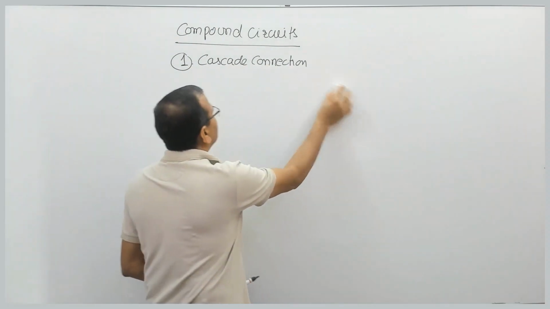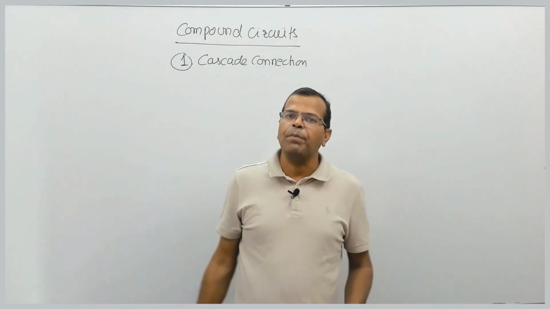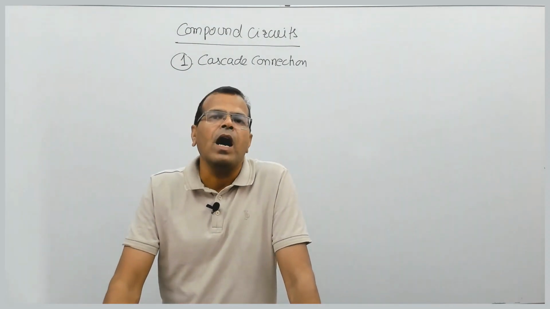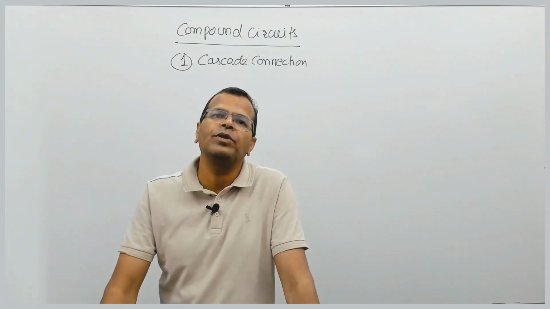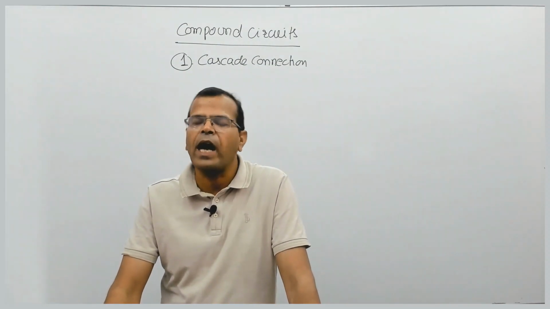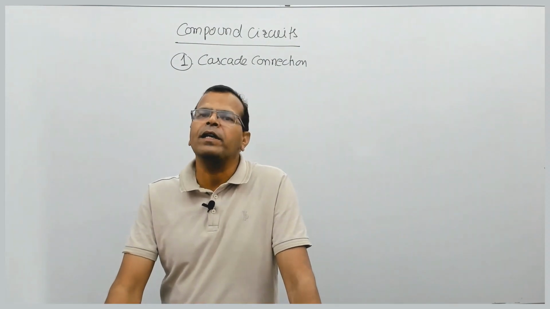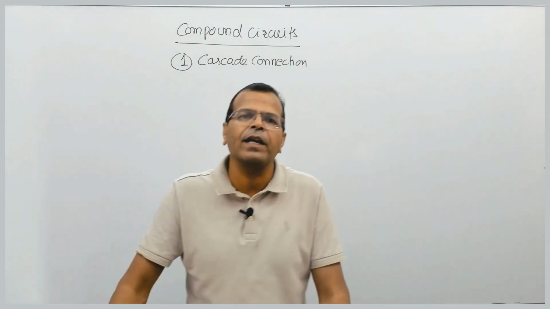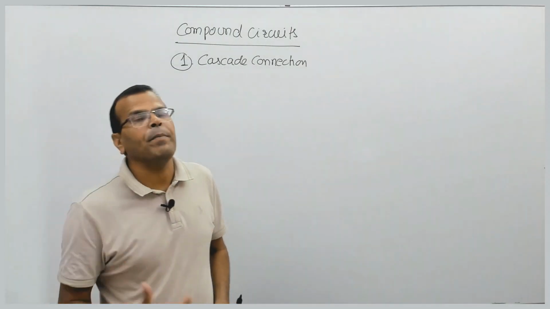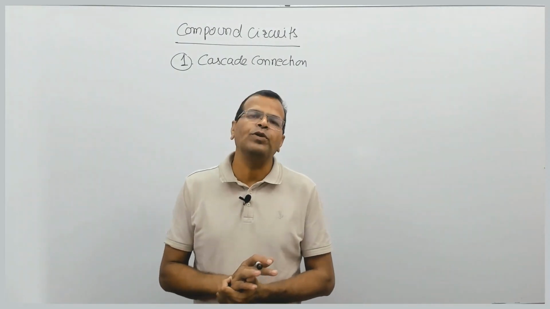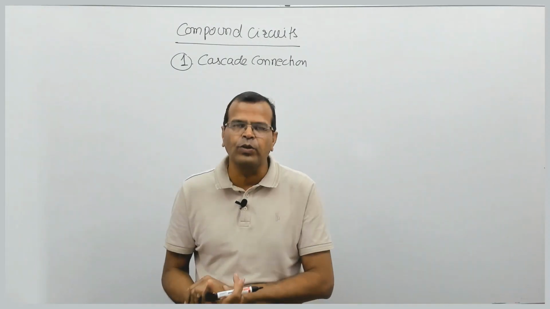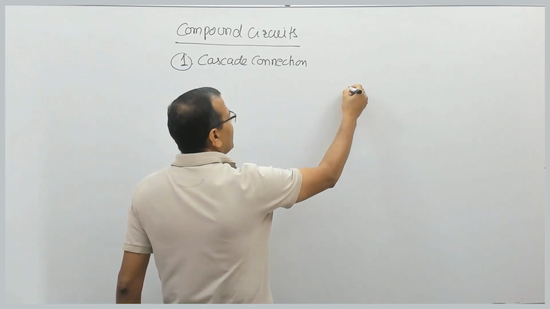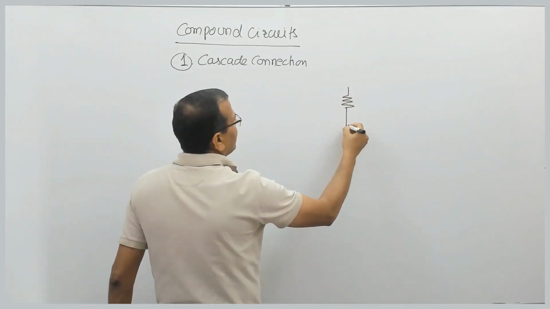Cascade connection is basically a sort of multi-stage amplifier where we have similar or dissimilar stages. For example, I may have common base configuration at the input followed by common emitter and so on. But normally we discuss similar types of stages in cascade connection. So first I will be taking two common emitter configuration amplifiers where the output of the first stage is connected to the input of the second stage, and we will be taking the biasing arrangement with potential divider like this.